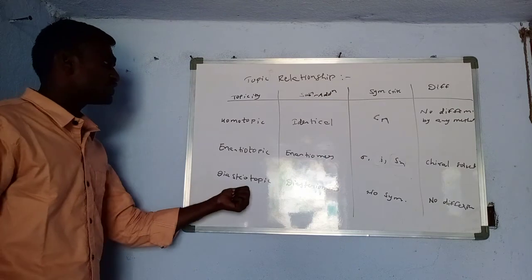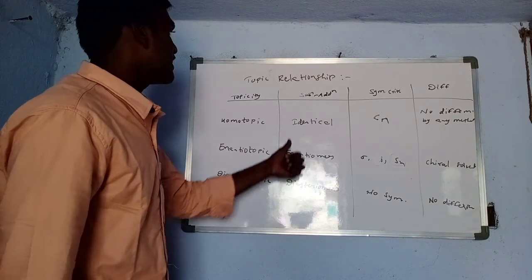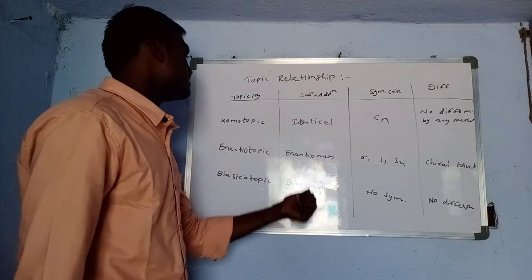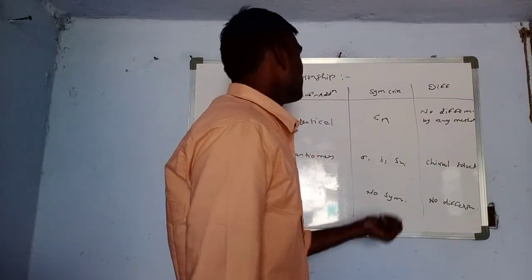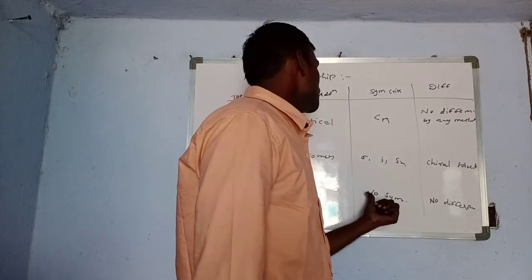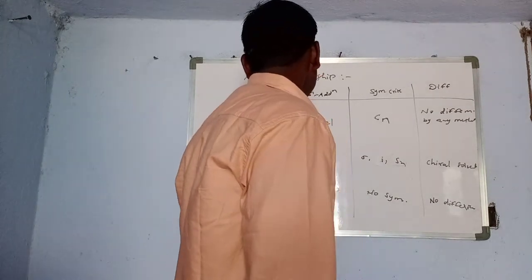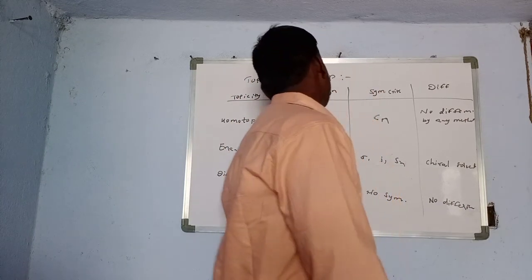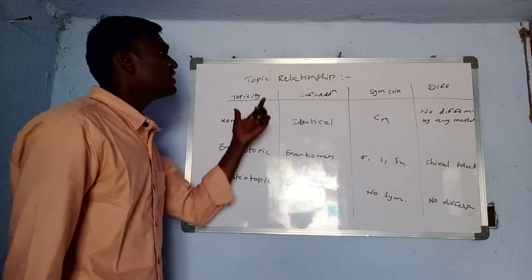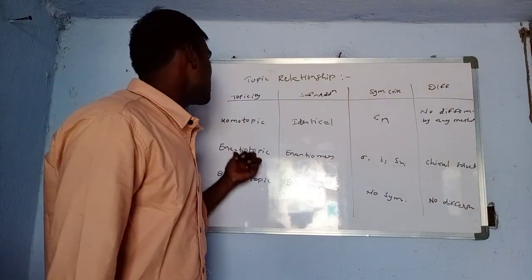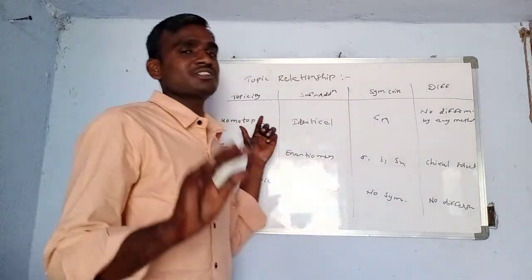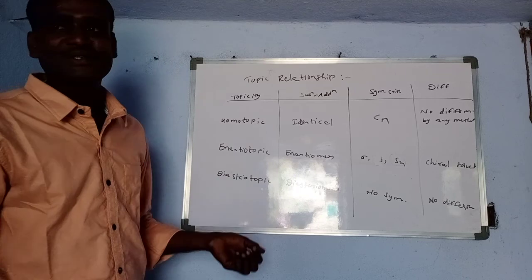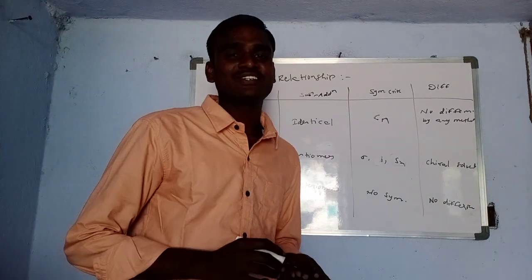Whenever chiral solvents are used, the enantiomers can be easily differentiated. Next, what is the diastereotopic relationship? Whenever diastereotopic ligands and faces are present, it will produce diastereomers. For the symmetry criteria of diastereotopic ligands and faces, there is no symmetry criteria. By any method we cannot differentiate the diastereotopic ligands and faces. This is the homotopic ligands, enantiotopic ligands, as well as diastereotopic ligands and faces. Okay, thank you.